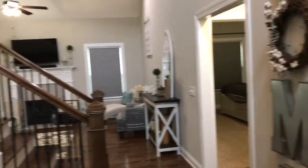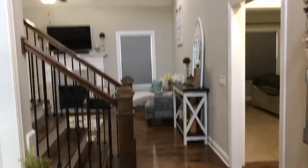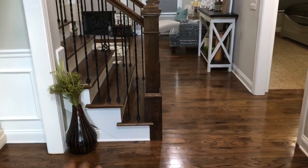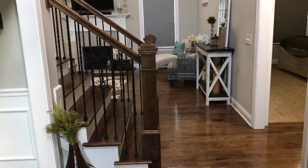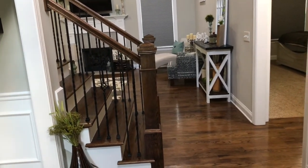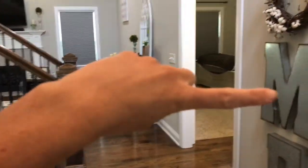And this is what you see when you walk in. You're kind of like in the little foyer area. I've got a little vase there next to the staircase with some greenery. And if we go left, that takes you into the dining room. I'm going to save that for another video to save time and keep this one from getting really long. So if we're going to go right,